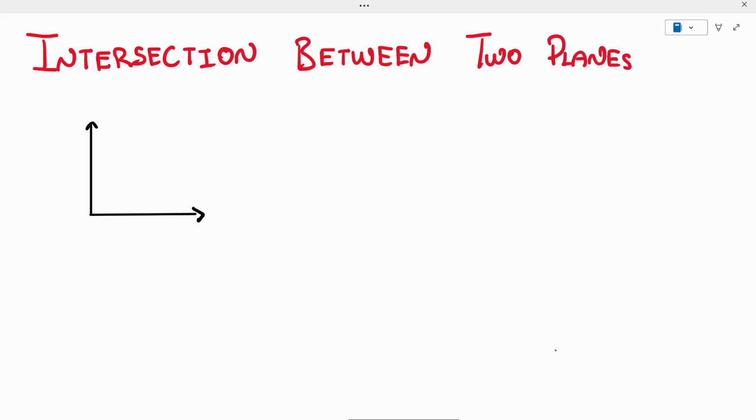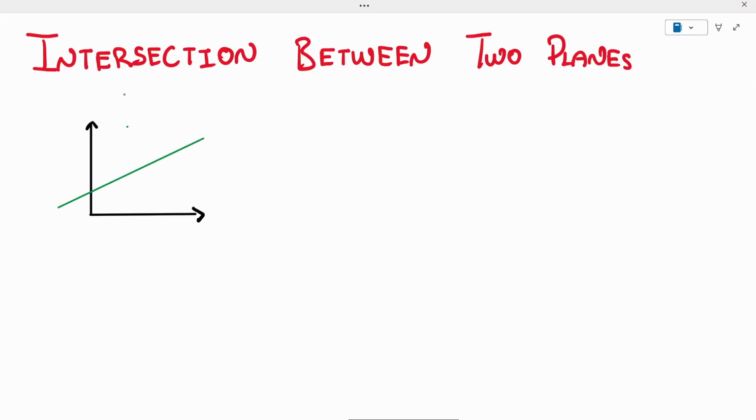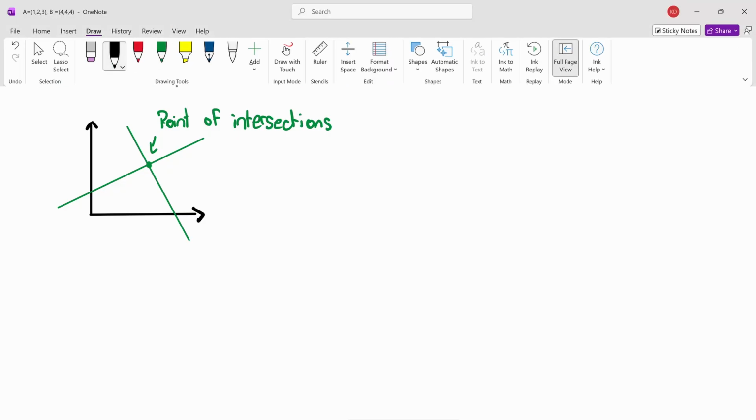When we have two lines intersecting, what happens? We have a line going here, maybe we have a line going here, right? These two lines meet at a point, and this is called the point of intersection, right? And that's because lines are made up of an infinite number of points. So think of points like the building block for lines. When we have two planes,